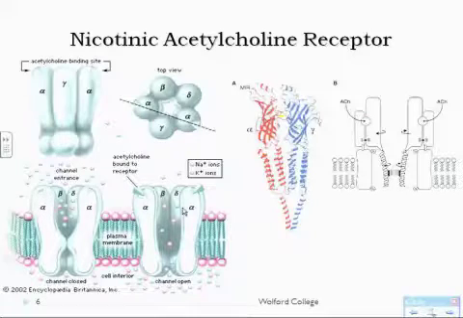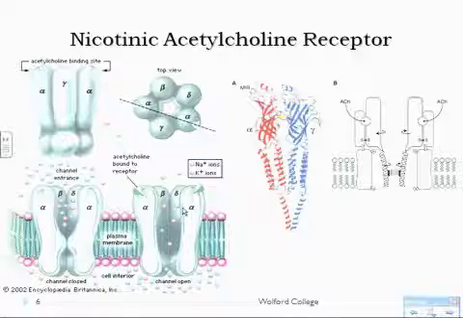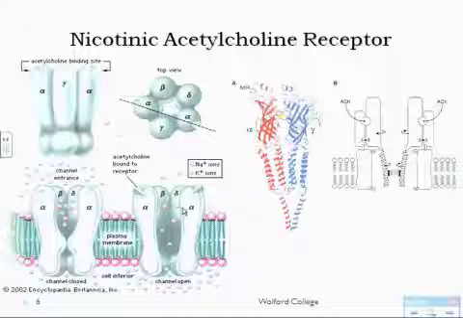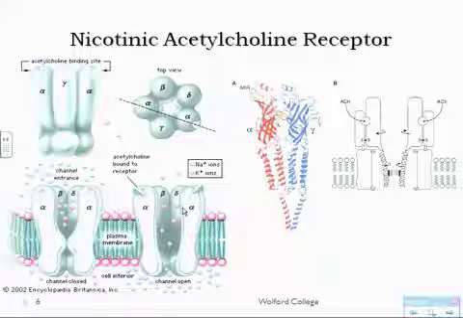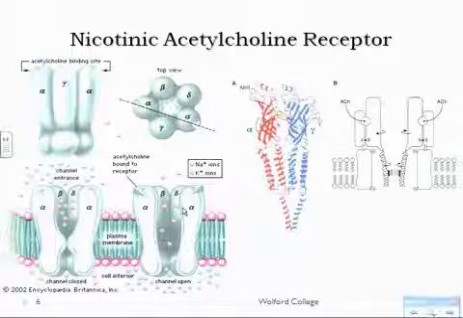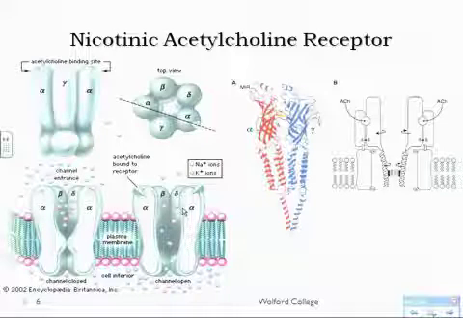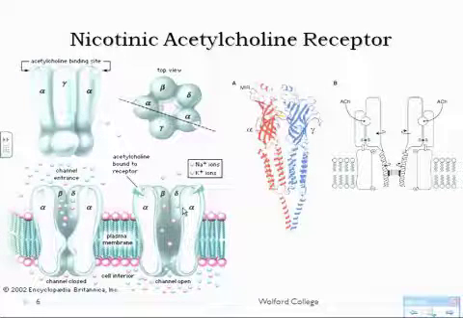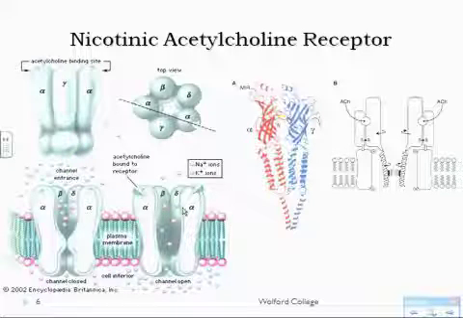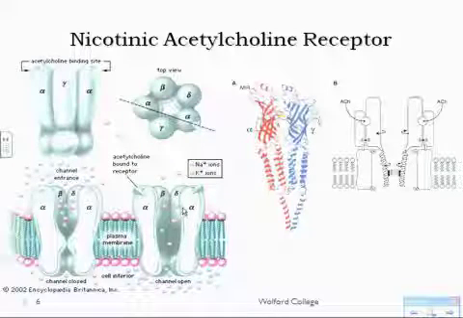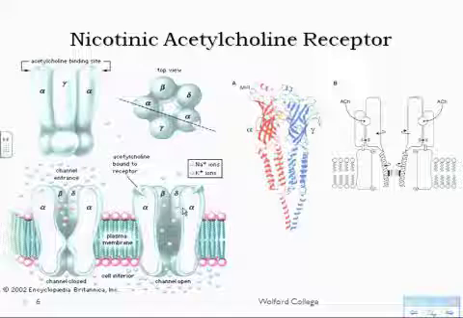Now, your acetylcholine receptor is made up of 5 protein subunits. There are 2 alphas. That's where the acetylcholine actually binds. For the acetylcholine to have activity, it must bind to 2 sites. If it only binds to one of the alpha subunits, no effect occurs. So you have to have 2 acetylcholine molecules bind to one receptor to get activity. Succinylcholine mimics the action of acetylcholine. It's actually 2 acetylcholine molecules